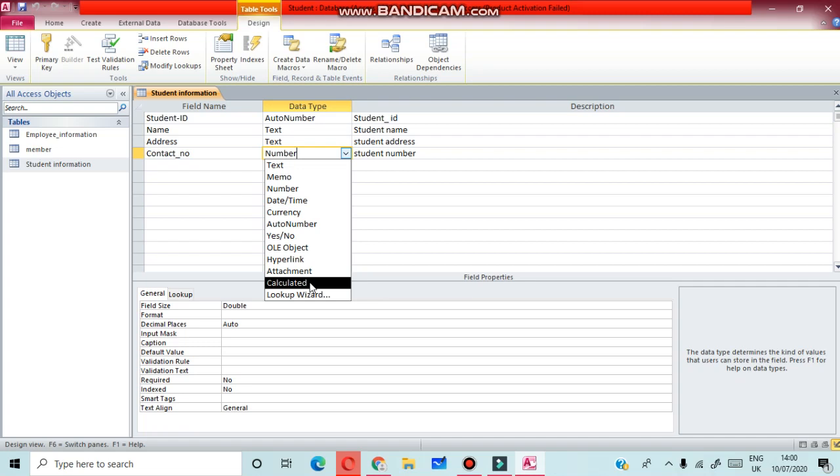You can use it to create calculated fields directly in a table. It is easiest to set the field type before you enter data into the table, but you can change it at any time.